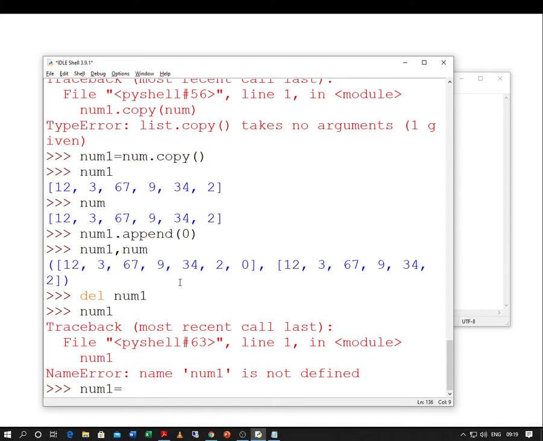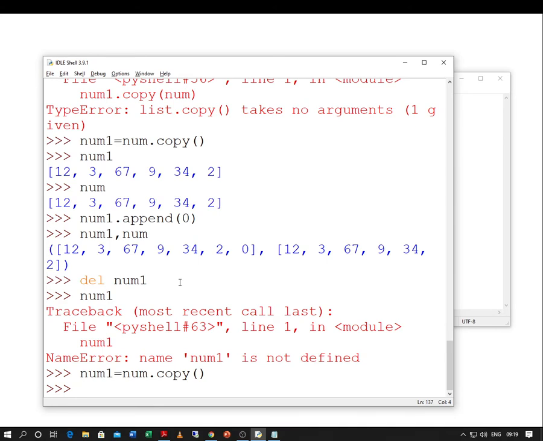That we have already studied earlier. Say for example, num1 is equal to num dot copy, that is what we had already done. But now we write num2 equals num.